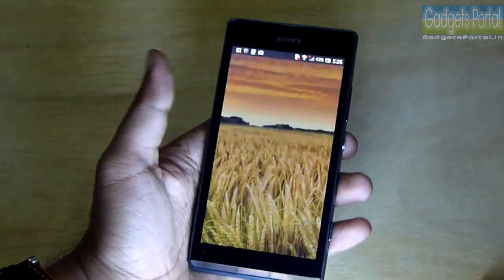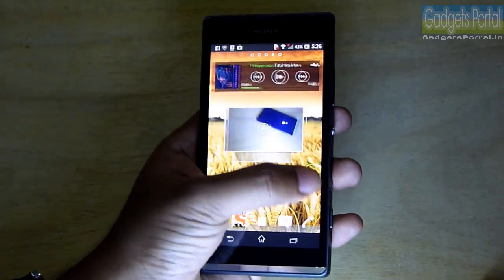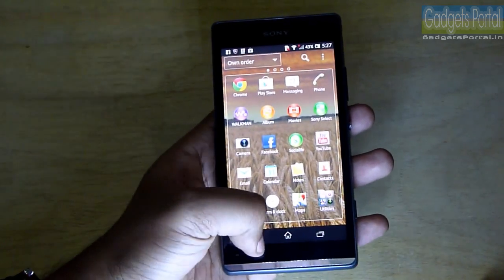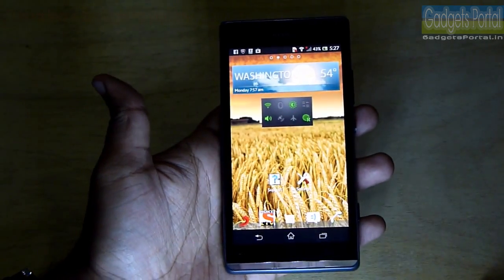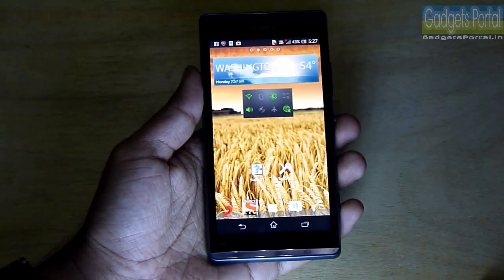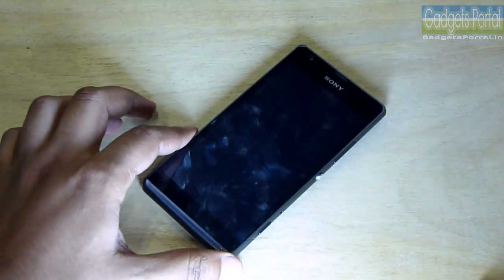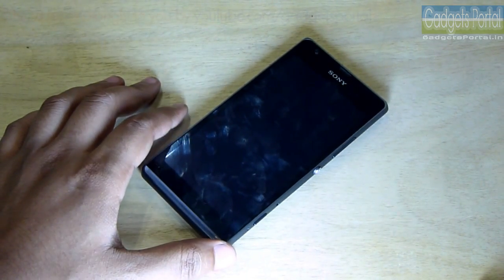Now on the hardware and the benchmarks review, I have talked about the processing power of this device. This phone sports a dual-core 1.7 GHz Qualcomm Snapdragon S4 Pro processor and excellent Adreno 320 GPU, which is available only on the flagship models like Xperia Z. So this is a damn good hardcore gaming device as well. This phone has also got 1 GB of RAM. So Sony is offering a total package with this Xperia SP, and you can surely get this device if you